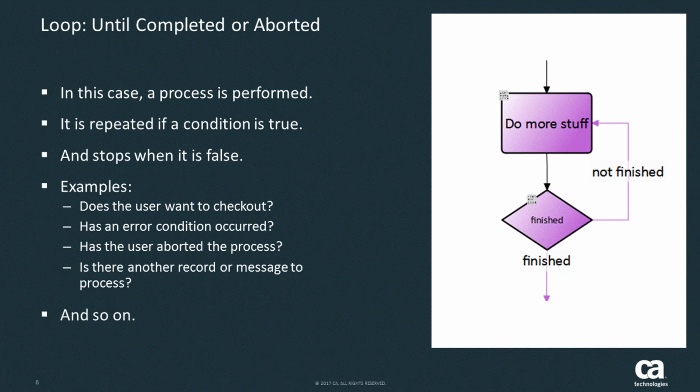So again, where a process happens, an error occurs, that might be the trigger to close the loop and to move on to the next piece of functionality in the system. It could be: is there another record or message to process? Again, the check for more data to process might come at the end, or as we saw in the previous slide, it might come at the beginning of the loop. So you can see that loops are not so complicated, but essentially they cause functionality to be repeatedly executed by